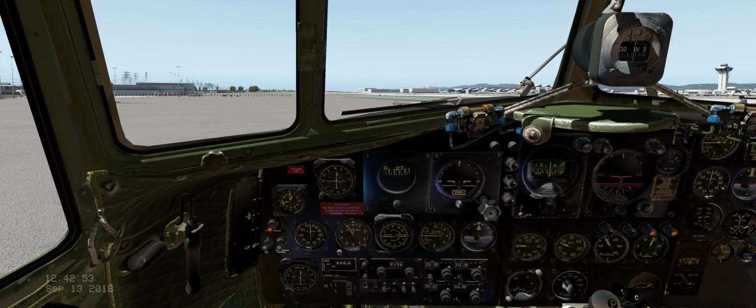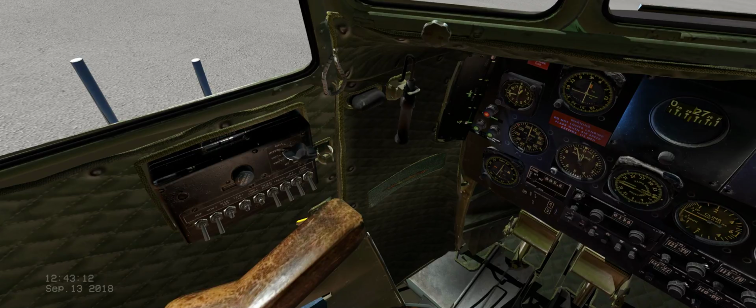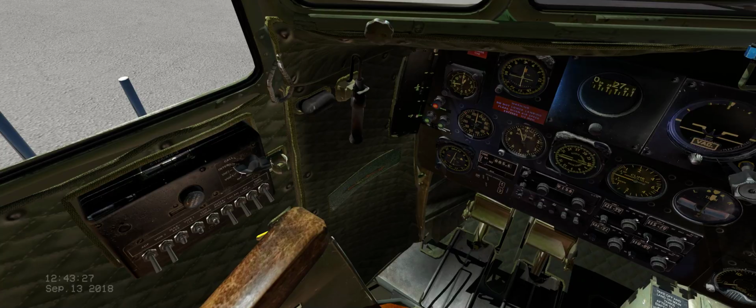I want to look for Seal Beach, which is going to be 115.7. I already got it in Nav 1. And then Santa Monica, 110.8. Okay, what I'm going to do here is go VOR1 and identify it. Okay, it looks like I'm not picking it up, so that's okay. Let's see if we can pick up Santa Monica. All right, Santa Monica's good. I'm going to leave VOR1 on, so that when I get up in the air...